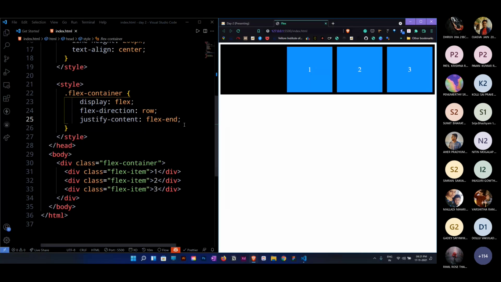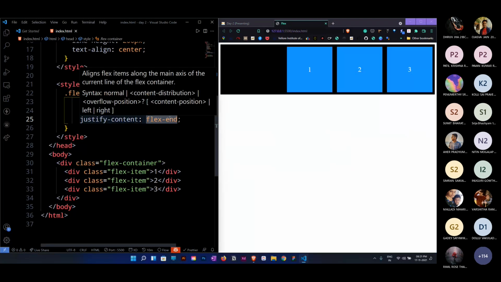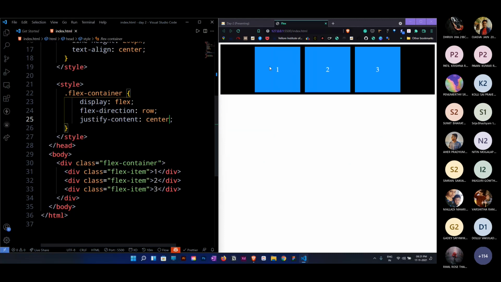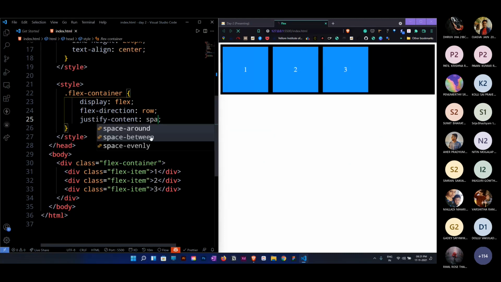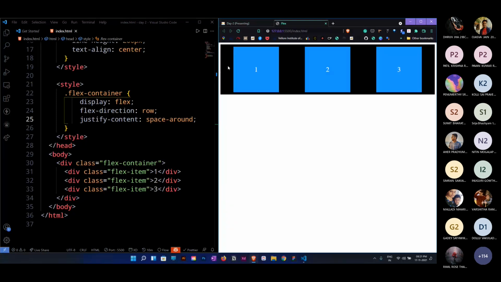Okay? And there are other properties like center, space around, space between, space evenly. Let me just explain center first. Center: they will be centered. And space around. What space around will do, like if you observe this space...